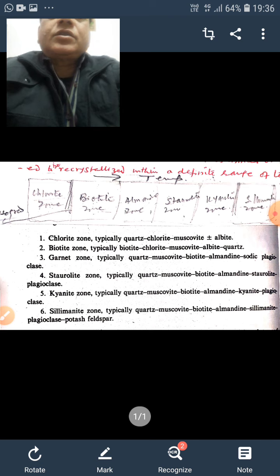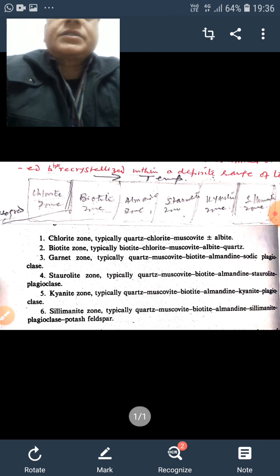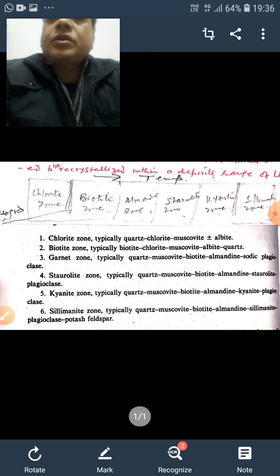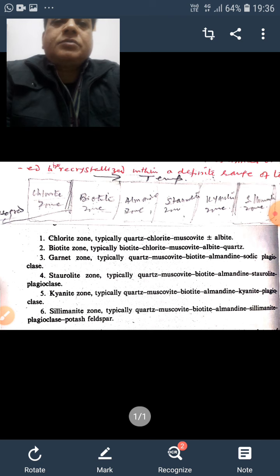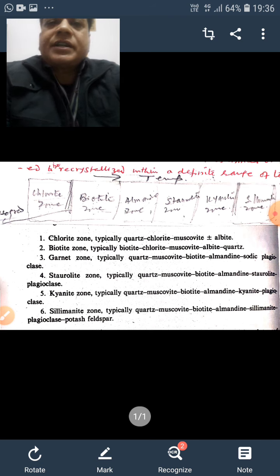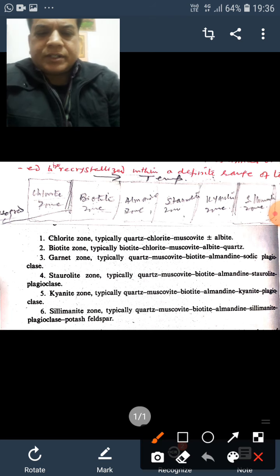The rocks include a series of usually isochemical metapelites, metamorphosed mud rocks, that could be subdivided into mineralogical zones containing staurolite, kyanite, sillimanite. The later work by Barrow in 1912 confirmed and extended this work over much of the Highlands. The textural changes in the pelitic rocks from slates to phyllites to mica schist to gneisses correspond to the following series of mineralogical zones, which are related to increasing temperature.